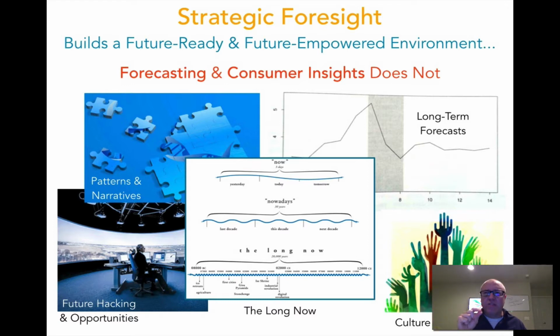We had maybe just 2 or 3 years of an upward turn, and we think that's a long-term thing that's going to happen, much like the dot-com bubble burst, where in reality that was short-term. It's not the best example in the world, but it gives you an idea of what I'm talking about. Some things can be short-term and look like they're going to last forever, and when we do foresight, we can see it's the opposite. It's a long-term downslide or a long-term upward trend when over a couple of years it might be going down. We still need to invest in it because it might be long-term. So this is where forecasting can really give us incorrect interval identification.